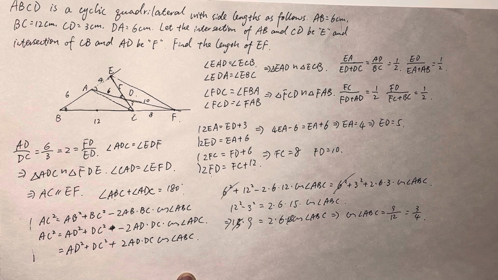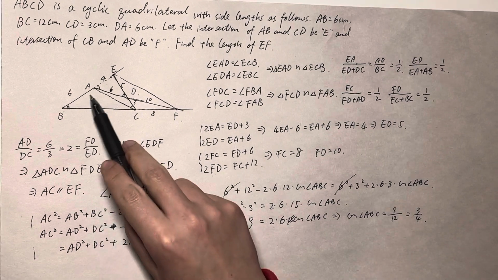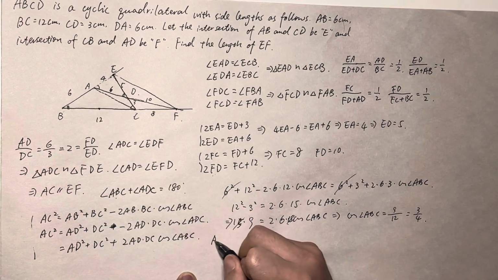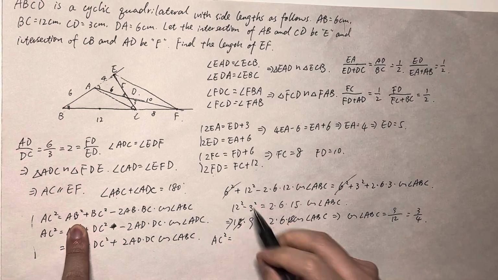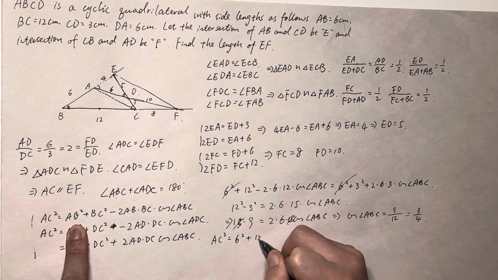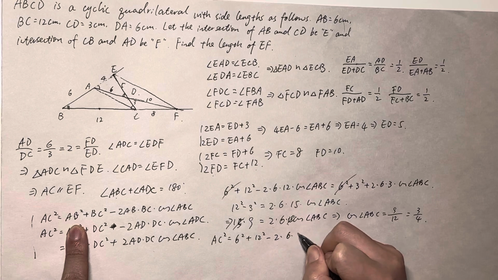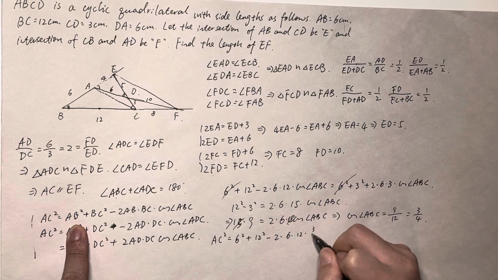So based on this, we can calculate AC, right? AC squared equals AB squared, which is 6 squared, plus 12 squared, minus 2 times 6 times 12 times 3 by 4,